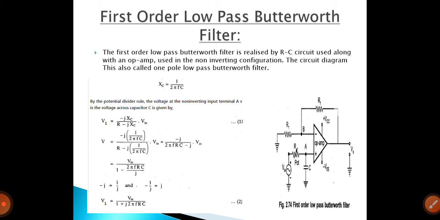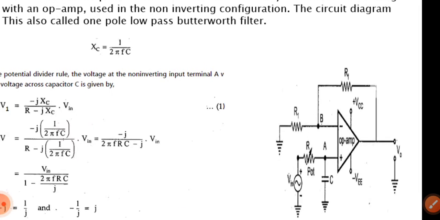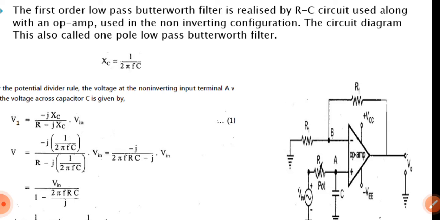I am going to go directly to the syllabus. It is huge. It covers low pass and high pass filters, but in your syllabus they have mentioned the low pass Butterworth filter, right? The difference between the normal low pass filter and the Butterworth filter: it is a type of signal processing filter designed to have a flat frequency response. It is a flat frequency response.